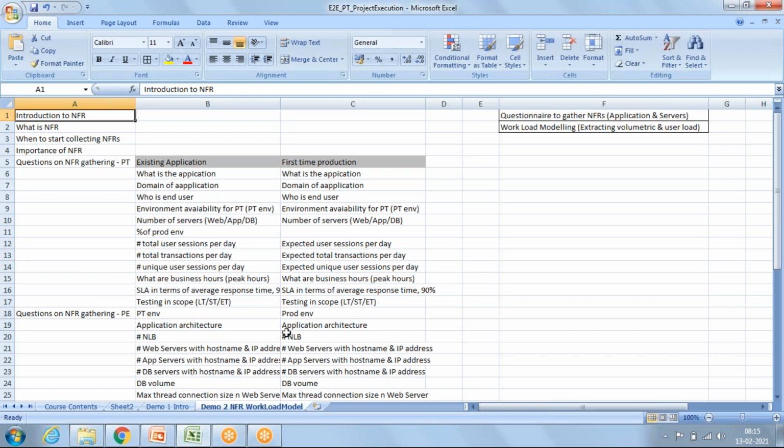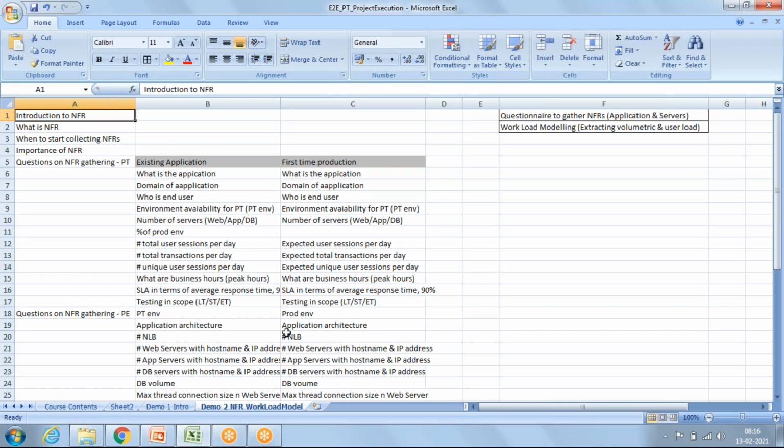We'll see how we are going to capture the importance of non-functional requirement. Being a tester or a developer, our first aim is to get acquainted with an application: how the application looks like, how it works, who is going to use it, and who the competitors available in the market are.